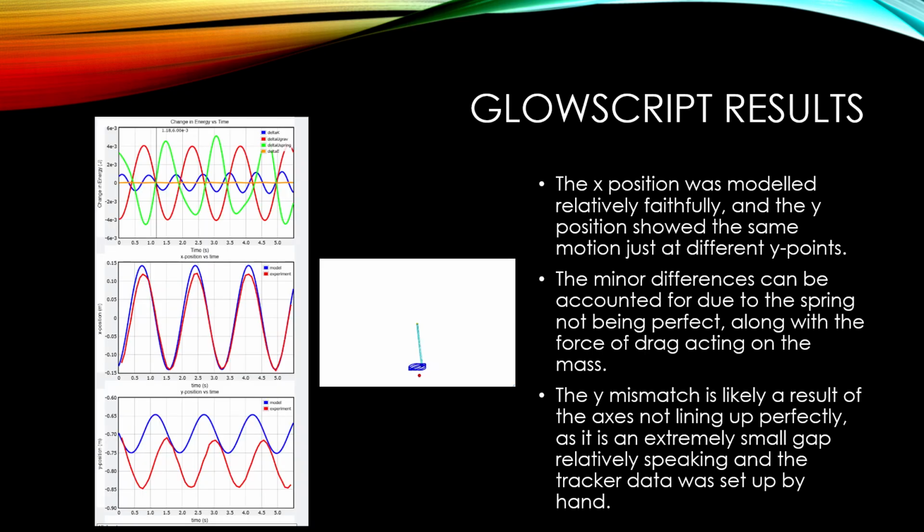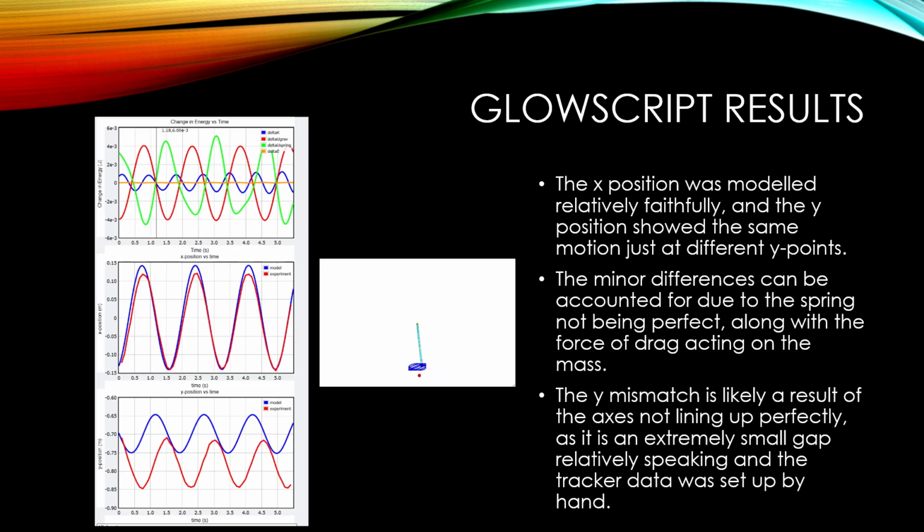So the X position was modeled pretty faithfully, and the Y position, as you can see, was also pretty accurate, but just displaced slightly. I'm not 100% sure what caused this. It could have just been setting it up in Tracker wrong because, as you can see, it's off by only a little bit, but it's just the orientation of like where it begins. So it also could have to do with, as you mentioned before, the imperfections, the imperfect spring and air resistance,